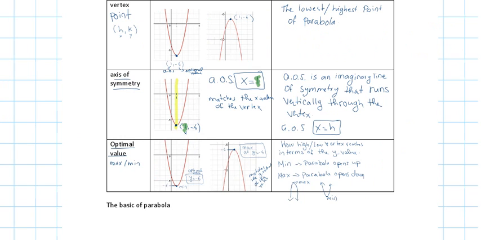So that means your optimal value is when y equals k. That's in general, right? h and k represent the vertex. h is your axis of symmetry. k is your optimal value. You'll know why I'm using h and k later on, okay? I'll refer back to this. So remember,